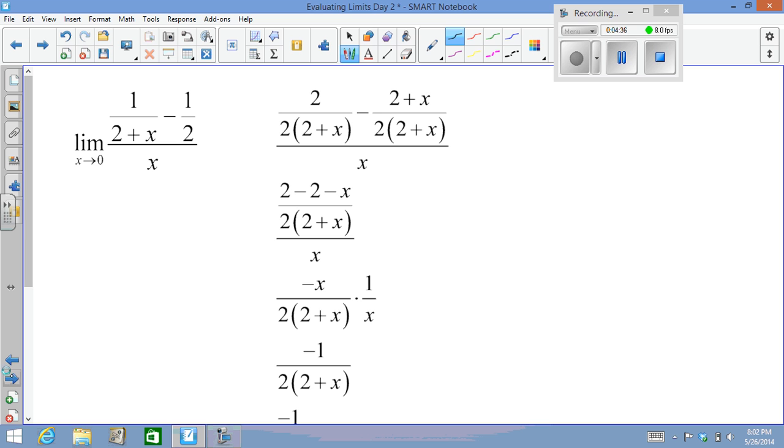I have the same basic idea with this problem. Again, if I do the direct substitution, I still get 0 over 0, which chances are when I'm giving you a problem like this, that's going to happen because I want to see what you can do. So we get a